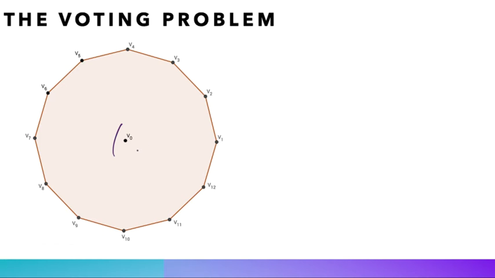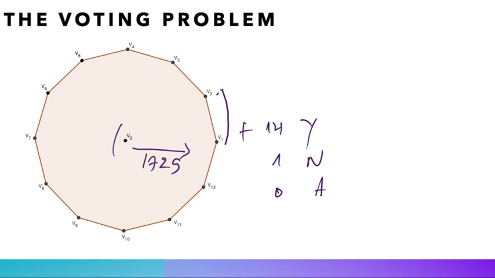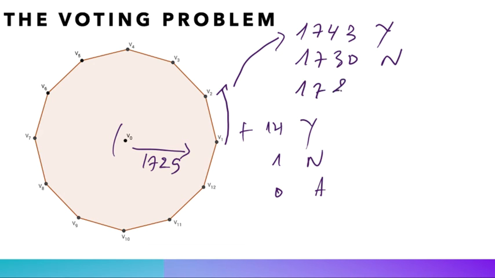V0 takes a blank piece of paper and writes on it a large number, say for instance 1729, and hands it to V1. Then to this number, V1 adds 14 to vote yes, adds 1 to vote no, and adds 0 to abstain. V1 writes this sum on a new piece of paper and hands it to V2. Now V2 has a new number, which is either 1743 if V1 voted yes, 1730 if V1 voted no, and 1729 if V1 abstained. Because V2 does not know the original number, there is no way to know how V1